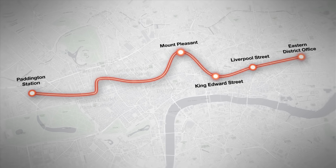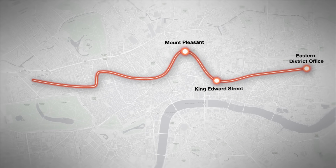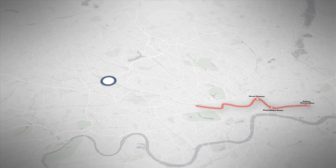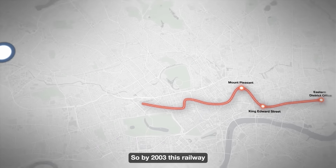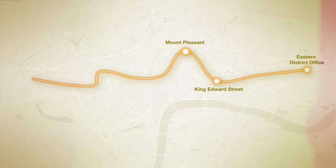At the same time, Royal Mail has been told they can no longer use the main London terminals for their overground trains. They instead have to build a new terminal in West London, making more of these stations redundant. So by 2003, this railway was only serving 3 stations where once it was serving 8. When the Mailrail was first built, a major feature was to link the sorting offices to the mainline railway stations. So by 2003, it was clear that the purpose had been lost